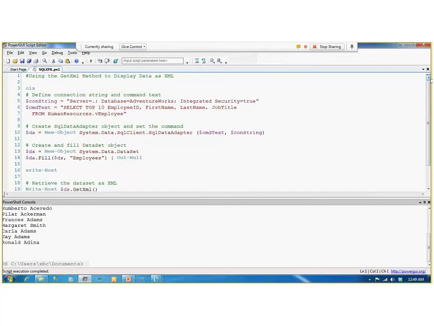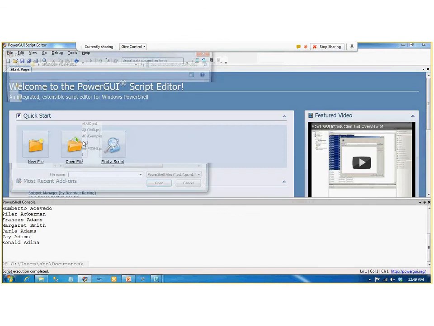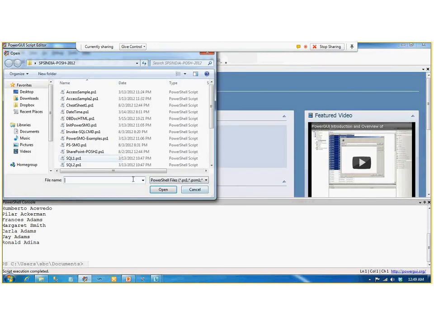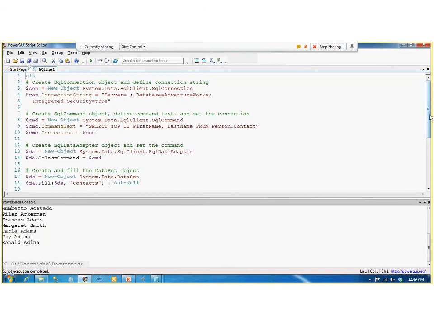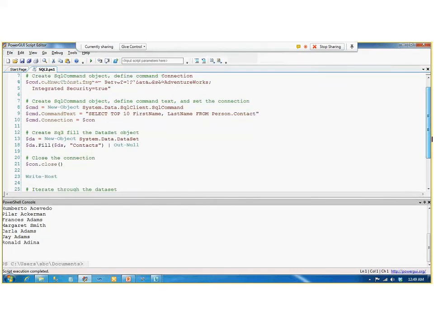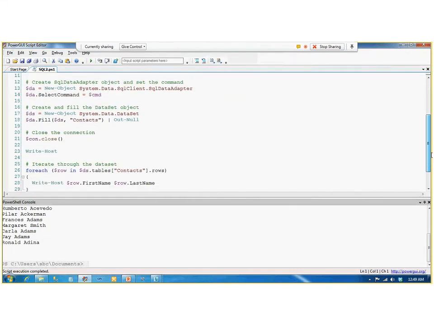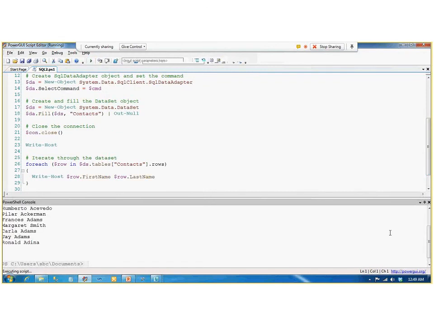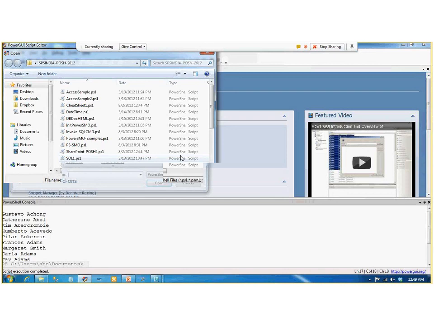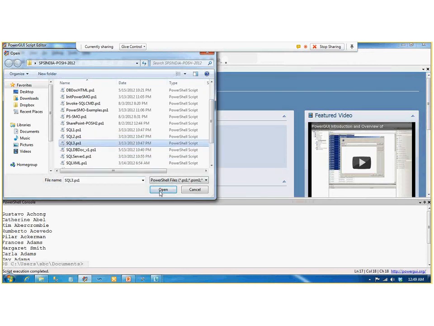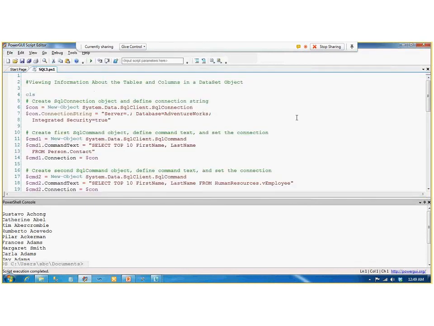No, let me give you a better example. This just shows you can get data back from SQL Server as an XML too, so that works. Okay, this one is using data sets. Same thing, but it's using data sets here. There are different ways of obtaining the data. And the third example I have, okay,